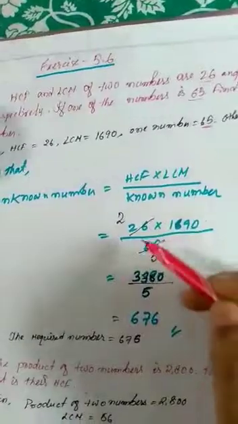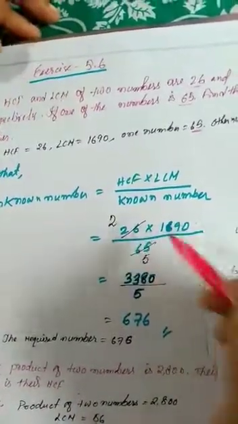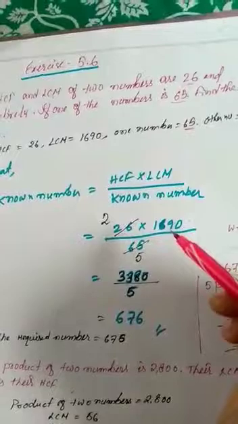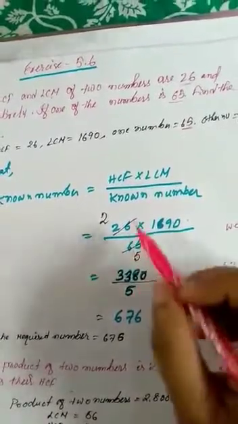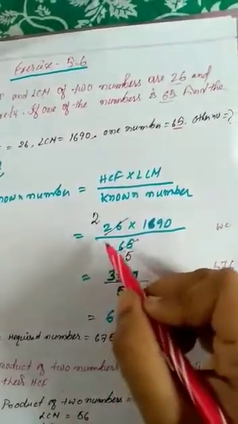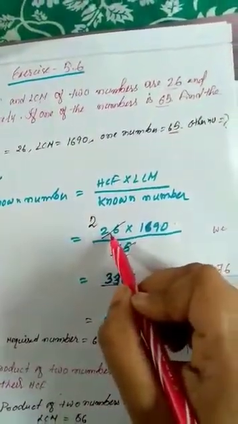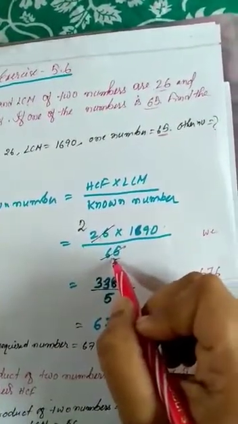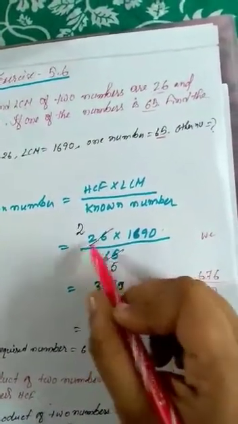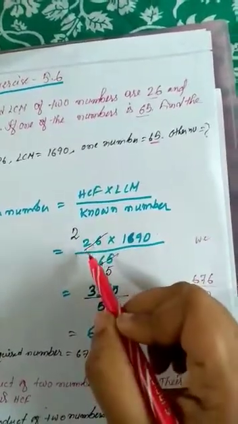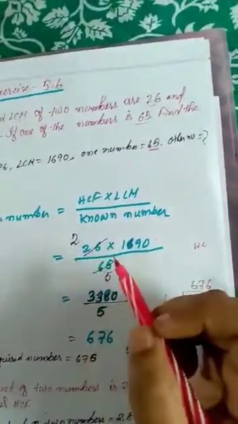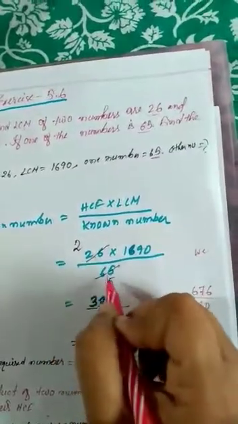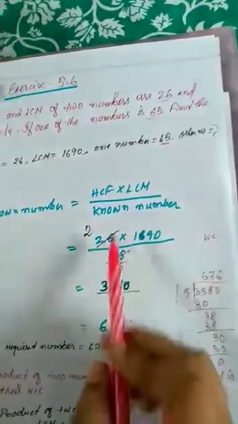Both of these are large numbers, and if you multiply you will get a very large number, but you can simplify by reducing the common factor. So 13 is a factor of 26 also, and 13 is a factor of 65 also. 13 fives are 65 and 13 twos are 26. So we can reduce it by 13, or divide it by 13. So 13 twos are 26, that's why I have written 2 here, and 13 fives are 65. So we can cut, as I have shown.